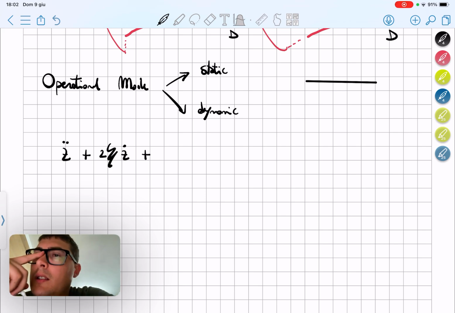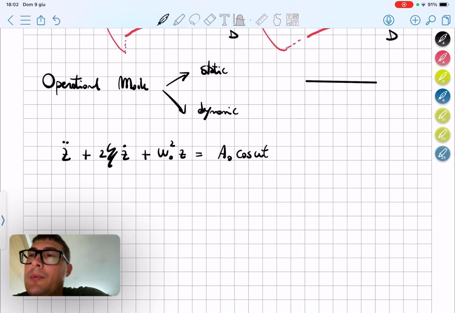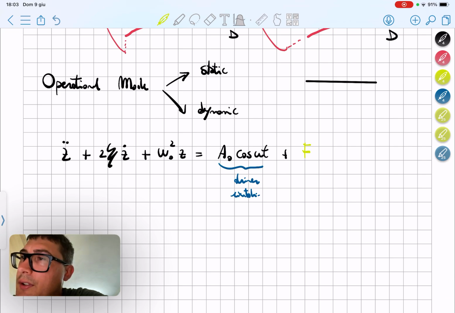We have our omega 0, let's say, the natural frequency of the cantilever z, and there is some driving force, so this is the driver excitation, and an external force,